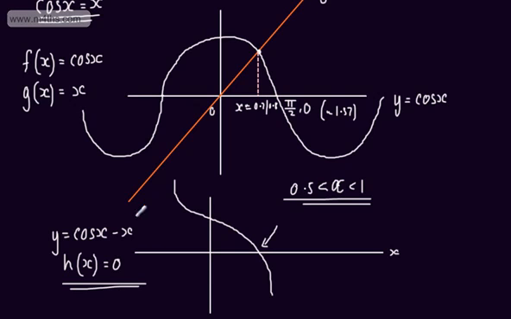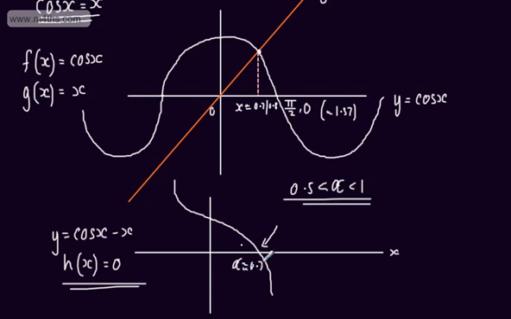This now leads us on to a second approach that we could use to approximate a root. So if we can express the equation as y as a function of x and ensure that the graph is continuous in the interval that we're interested in, we can evaluate a point either side of where we believe to be a root and show that there's a change of sign. So if we look at this one right here, there's a change of sign. To the left of this root, let's say that alpha here,